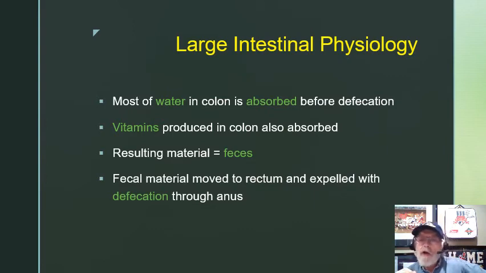So the largest job of the colon is to be able to absorb the water. That's its biggest thing. Some other things might also be done. There are certain bacteria that stay, and I think it's probably in the previous slide, certain bacteria that we have throughout the GI system, and they assist in digestion. But there's some bacteria in the colon that actually help to make certain other vitamins. So we're actually able to take whatever is left of this material and sometimes make vitamins and put it back